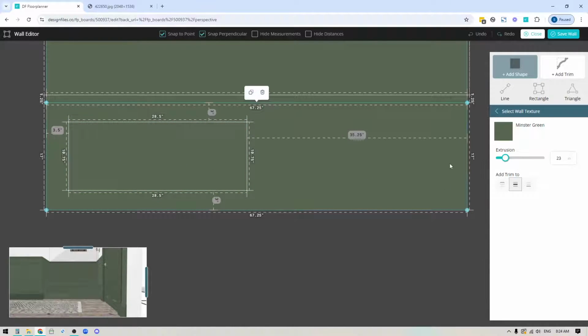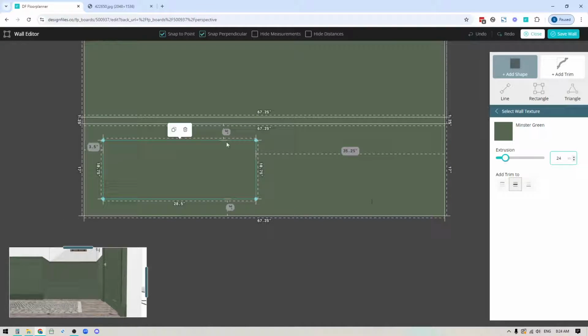Now remember, we extruded out the main face of the bench to 23 inches. So if I want this drawer to look like it's sticking out a little bit, I'm going to extend this one out to 24 inches. Even though this shape has already been extruded, you have to think about it as if each shape that you're adding to this wall is just sitting flat, flush on the wall. So you keep extruding out the shapes as needed to create your design. So I've got this shape extruded out 24 inches, so it's 1 inch in front of the actual face of